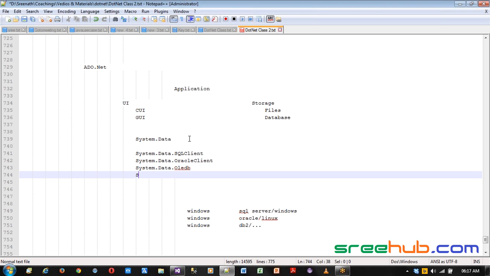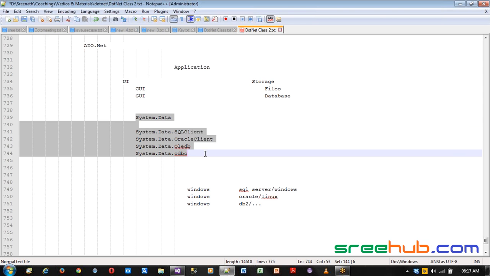And then we also have ODBC. So we have these namespaces which are under System.Data, all of which will be used to connect to different databases. The pattern of how you connect and manage will be common across them. The way or the pattern you work will be common across different things. So these are the different internal .NET embedded data classes, namespaces, which we have